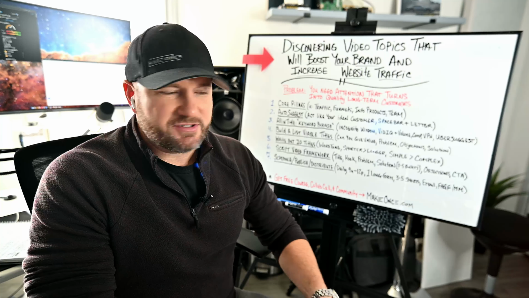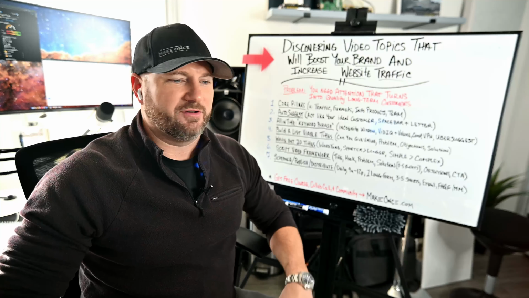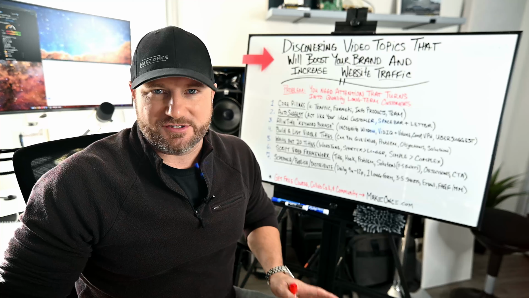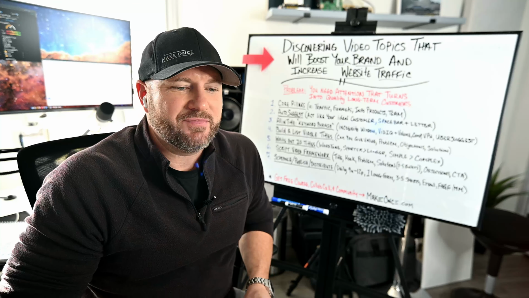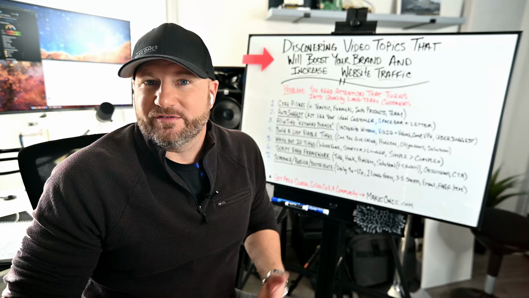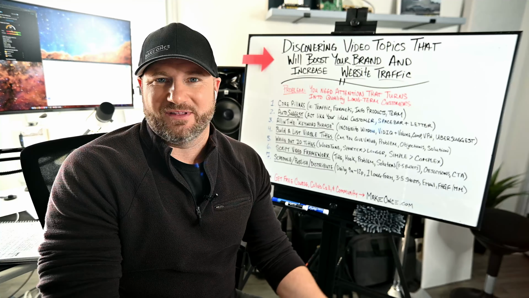So we bought a bunch of books and we started studying Google and YouTube and all of this stuff, which a lot has changed since then. And I'll give you the updated version of what we learned then. But we got a video over 10 million views, and it took us from like $3,000 a month to over $60,000 a month. And that happened in like less than 90 days, which was very unusual. I'm not saying that's gonna happen for you. I'm just letting you know that it's possible.